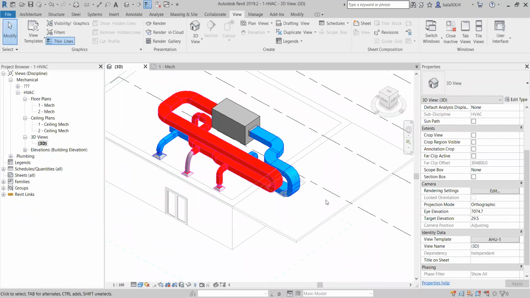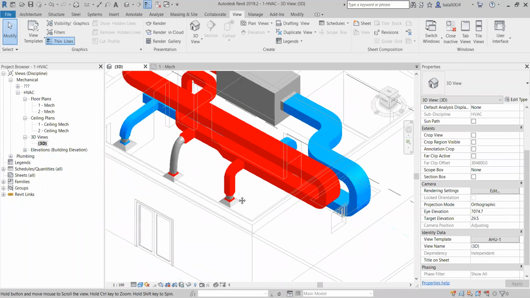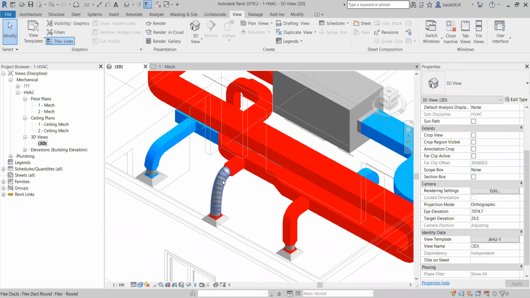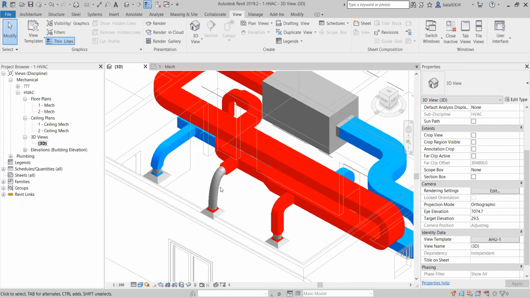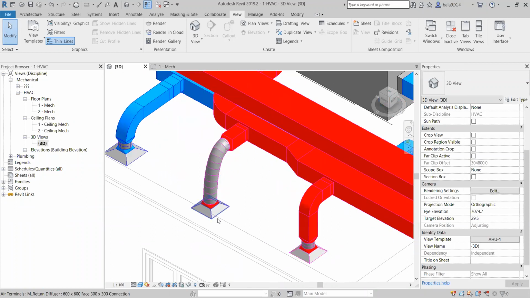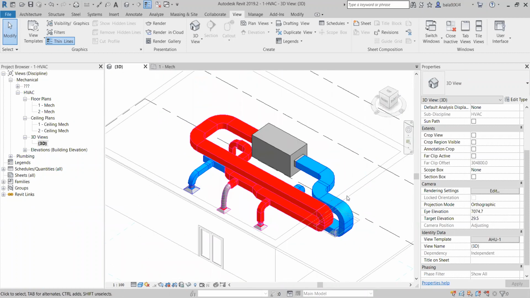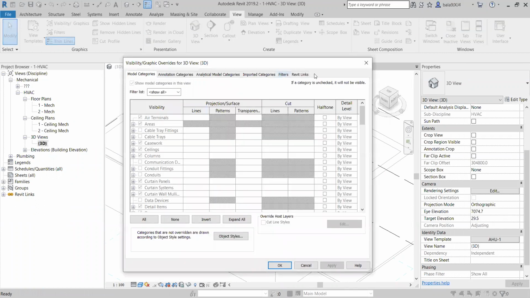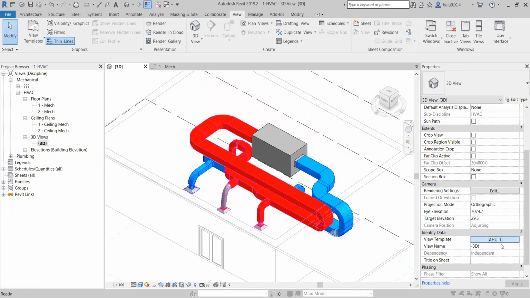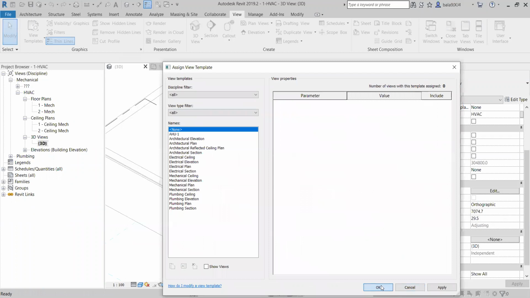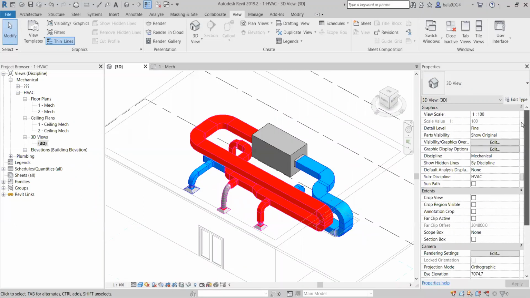See, now updated. But here we are not getting it for the flexible ducts and for the diffusers. Why we are not getting it: if you go to this filter, always after assigning the view templates, make it none. Okay. Go to the visibility graphics.